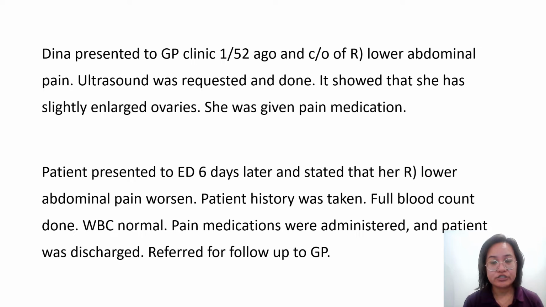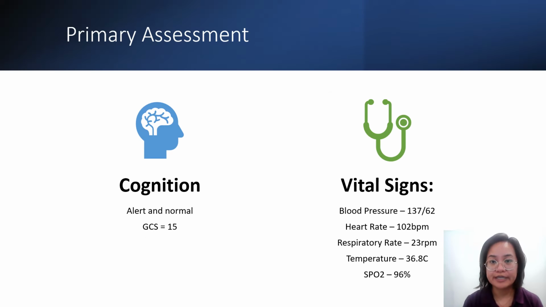So in ED, of course, patient history was taken, a full blood count was done, and it showed that her white blood cells were normal. So she was given pain medications and she was discharged. She was also recommended to follow up with her GP. However, a day later, that's when she represented herself to ED with not just abdominal pain, but with constipation, nausea, and vomiting. So when she was first assessed in ED,